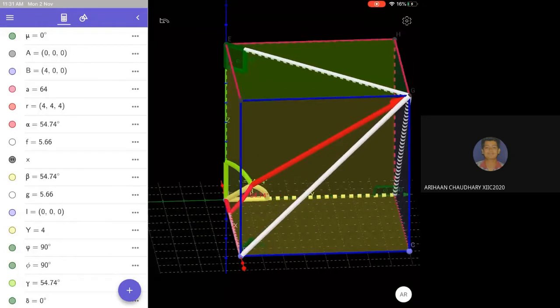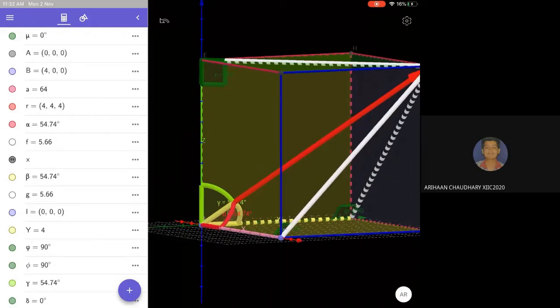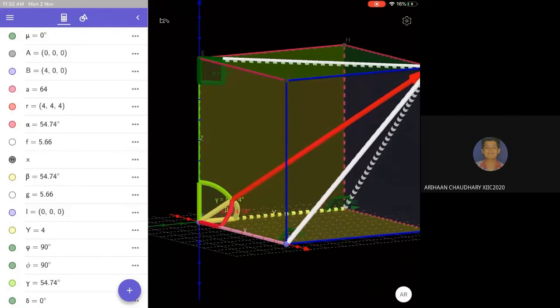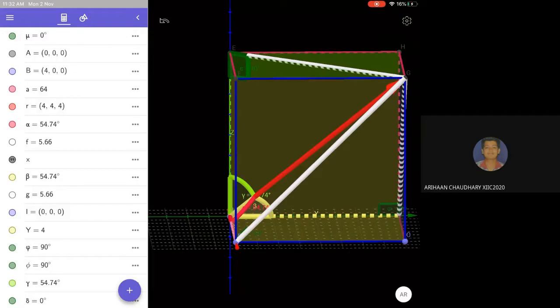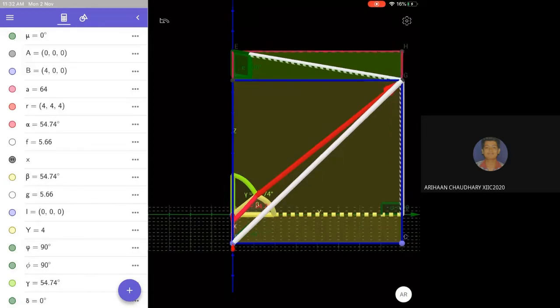In three-dimensional geometry, as you have studied in class 11, to denote a point we used analytical geometry. We have used three mutually perpendicular lines, x-axis, y-axis, and z-axis. You can view it here: the red color arrow is taken as the x-axis. Always remember, the red line points towards you, the green line pointing to the right is the y-axis, and the blue line is the z-axis.